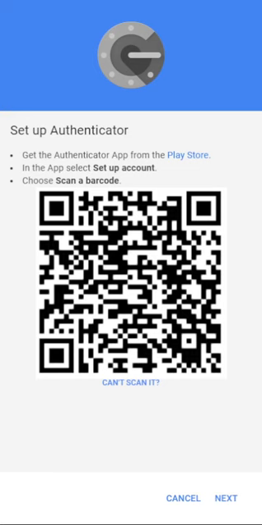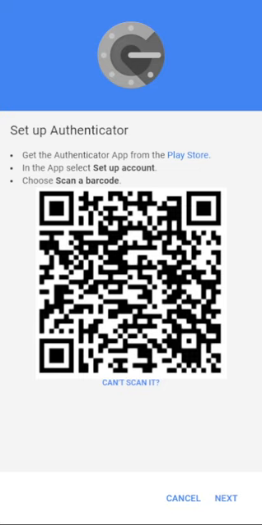From here, you will see your barcode is being shown. Go ahead and scan that barcode in with your Authenticator app. So I'll quickly scan mine in here with my app, scanning the QR code. So you'll see it has been added to your Authenticator app. It should show Google and then your email address that you logged in with a 6-digit code that has a